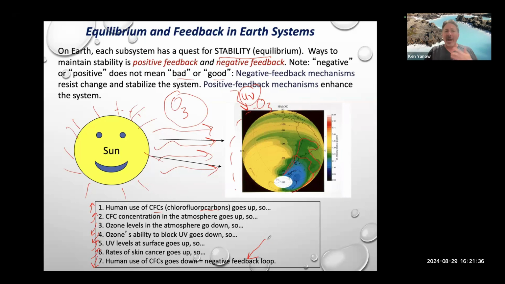And frankly, whatever we do when we talk about physical geography, if you can think in terms of feedback mechanisms, that's going to go a long way. Let me give you another one anecdotally, really quickly, because we're going to talk about this much more later on in the future. Let's say that there's global warming. What happens with global warming? Ice caps begin to melt. If you have less ice, then the surface albedo of the Earth changes. So albedo means how much reflection or absorption a surface has. Ice has high reflectivity, or high albedo.